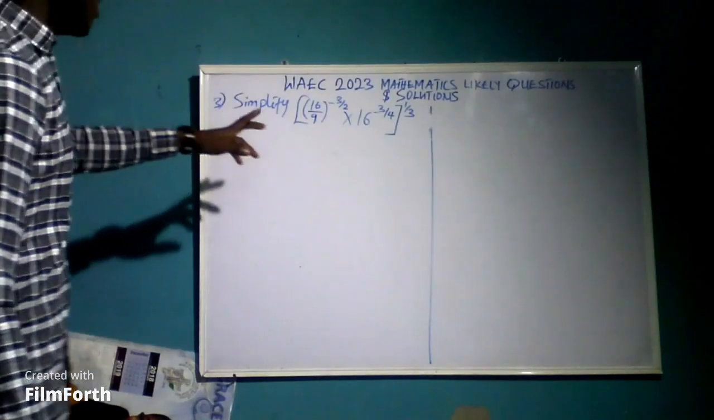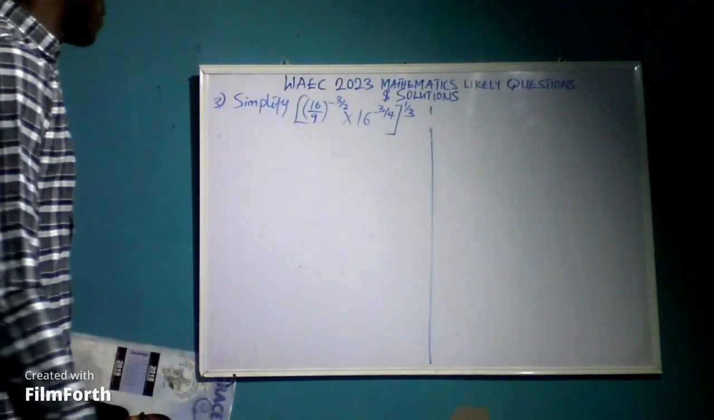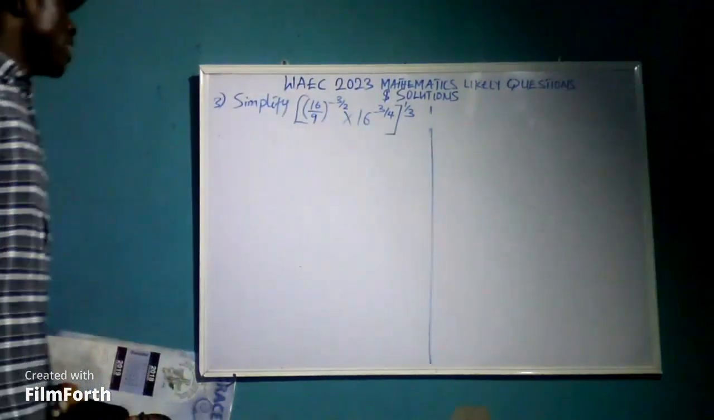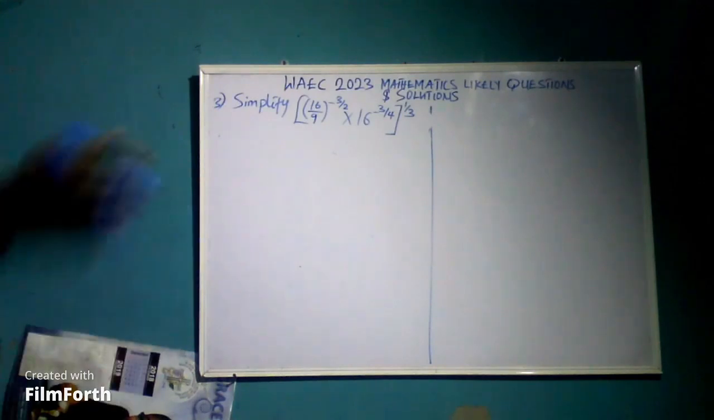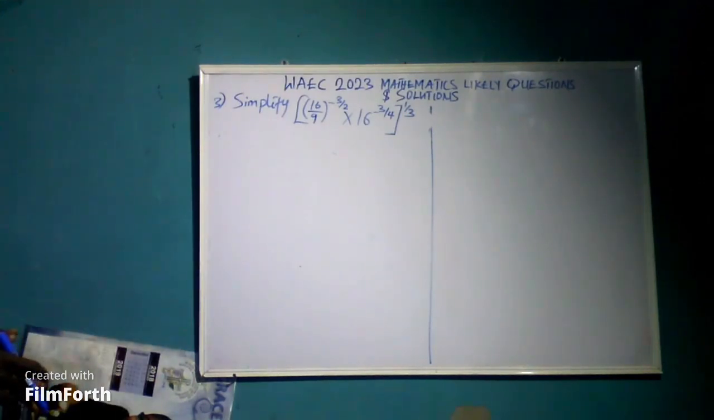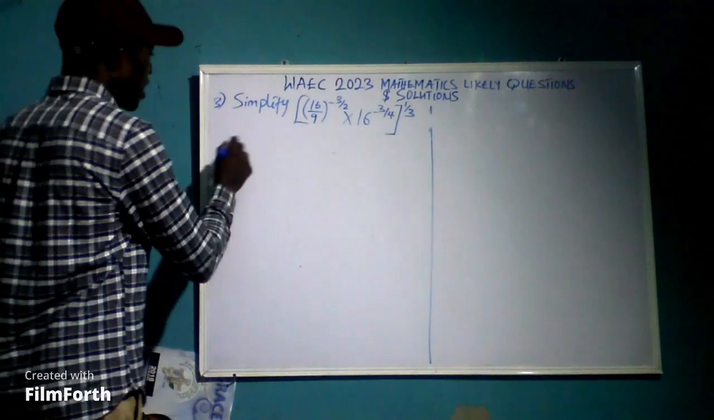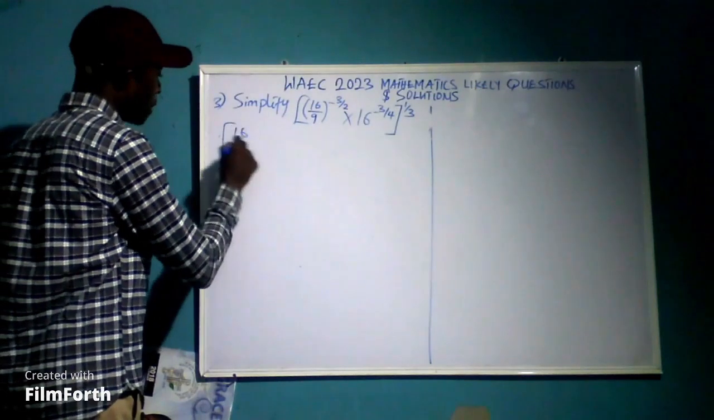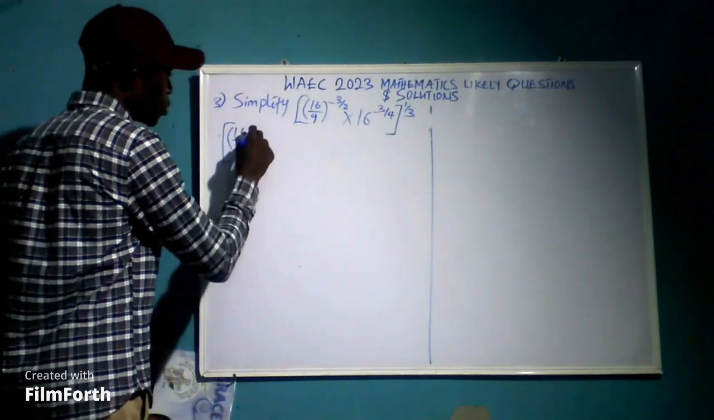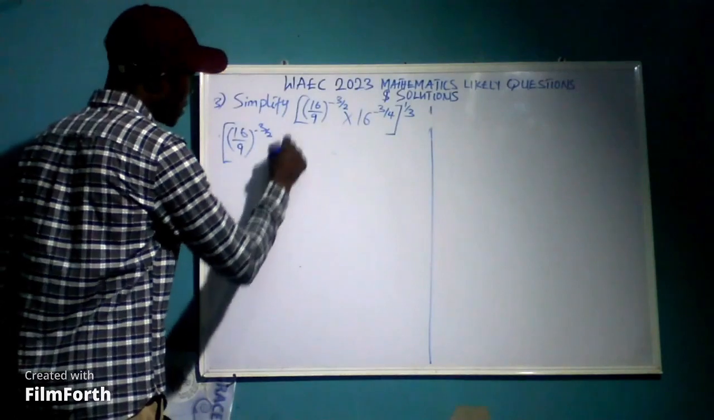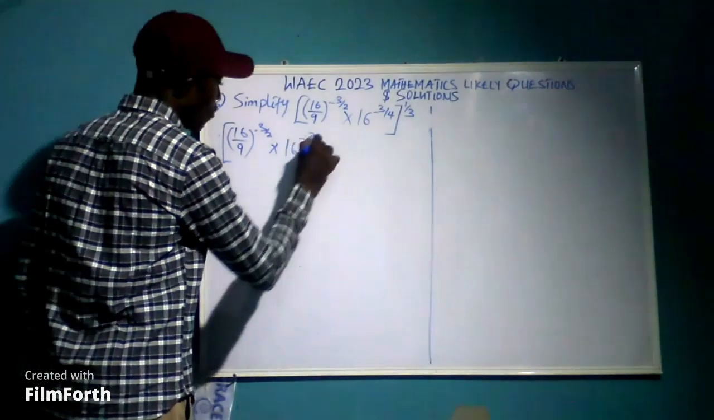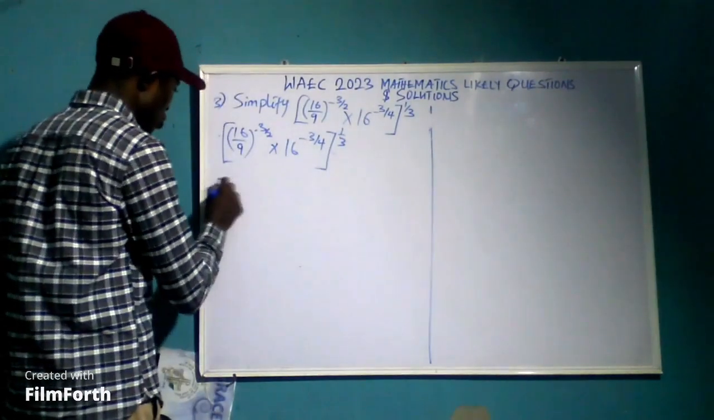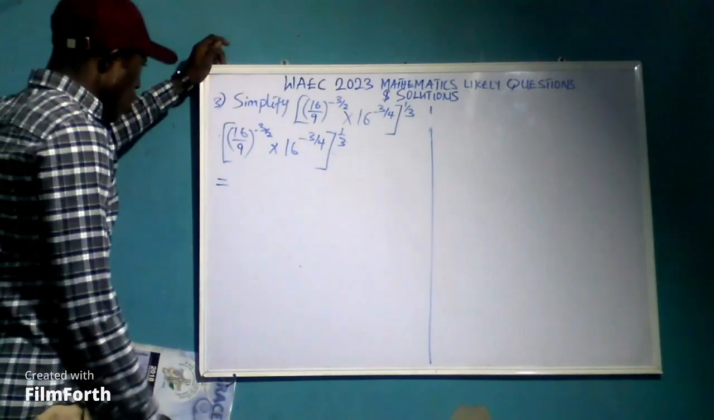(16/9) raised to power minus 3 over 2, multiplied by 16 raised to power negative 3 over 4, everything in the bracket raised to power 1 over 3. Okay? Now to simplify this, let me do it this way: (16/9) raised to power minus 3 over 2 times 16 raised to power minus 3 over 4, everything in the bracket raised to power 1 over 3 is equal to, I want to take